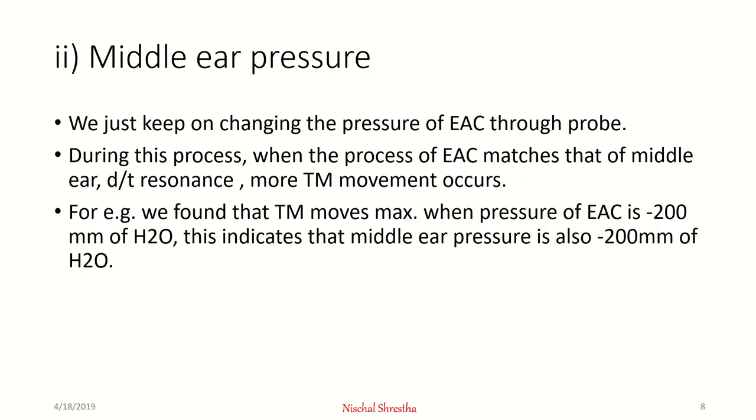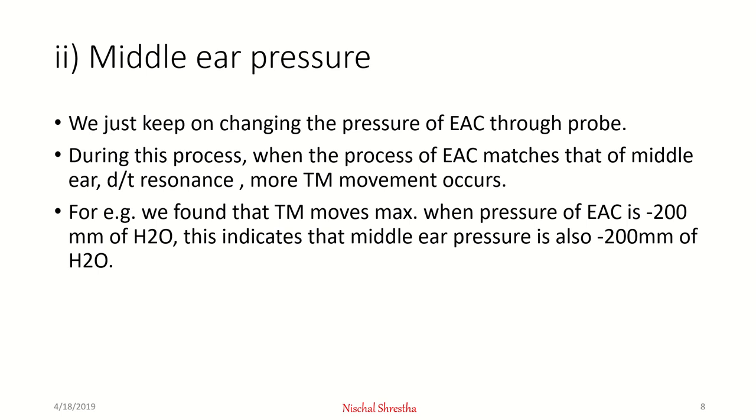And we can measure the middle ear pressure also, through the probe. One of the channels of the probe helps to change the pressure of the EAC. So we just keep on changing the pressure because we have to find the pressure of the middle ear. And how can we find the pressure of the middle ear? We keep on changing the pressure of the EAC, and at the point when the tympanic membrane moves maximum, means the movement of the tympanic membrane is more, at that point